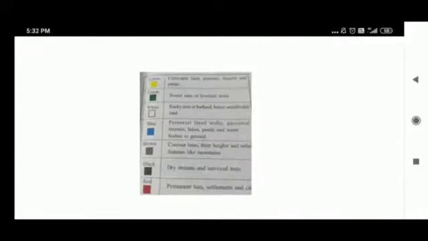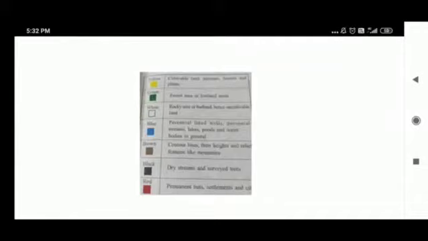Now when we study these maps, we see that there are different colors used in it. The different colors which are used in this type of maps help us to know about the different geographical features. Each color used on the map has its own significance. These colors are universally accepted both for the interpretation of survey sheets and map printing. Now there is a picture in front of you in which different colors are shown and also shown that these colors are used for which conventional signs and symbols.